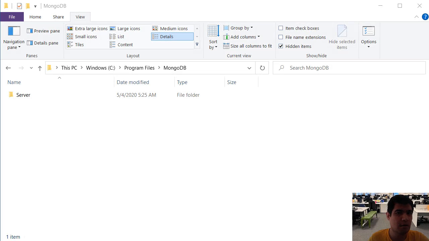So let's talk about MongoDB. Installing MongoDB is pretty straightforward, and I'm sure you can do it yourself, so I'm not going to go through that. I've already installed MongoDB on my system, and now if you go to your C program files MongoDB, you can